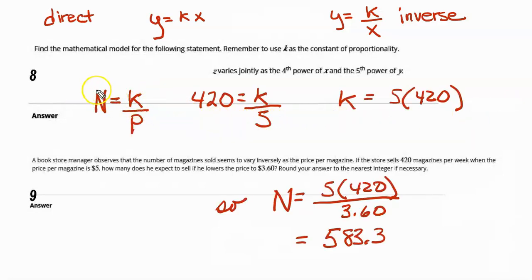So something like this, n for the number of magazines. Since it's inverse proportion, it would be k over the price. So this many magazines, constant of variation, the price was $5. So again, just cross multiplying, I get k equals 5 times this, which is our k value, the new price of the magazine, how many would he expect to sell, and we're rounding to the nearest whole number, digit integer. So we're going to just drop that and it would be